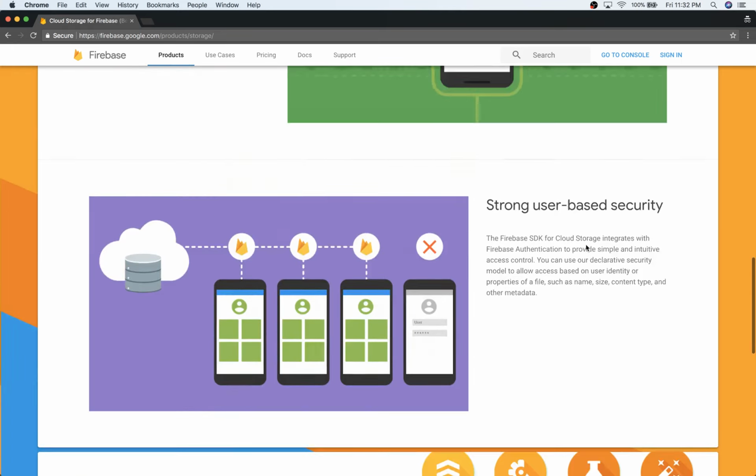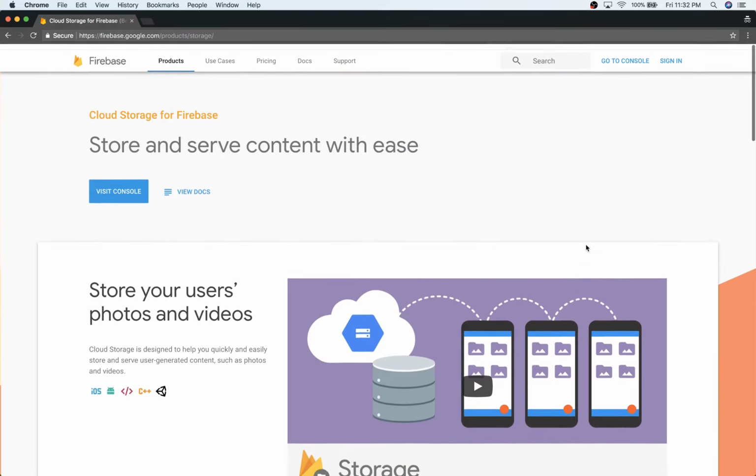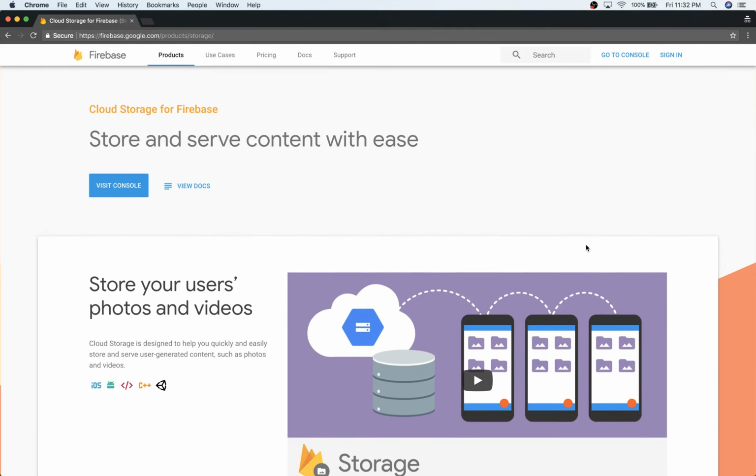So this is a very brief video of what cloud storage is. Basically, you use it to upload videos, photos, any type of documents, things like that that you want to do. If you're not familiar with AWS or the Google Cloud, you can think of it as Google Drive or Dropbox